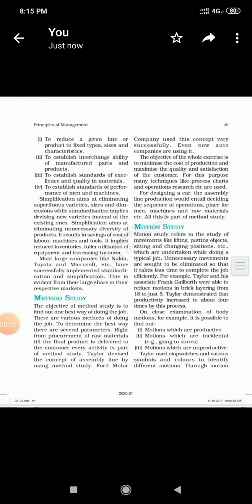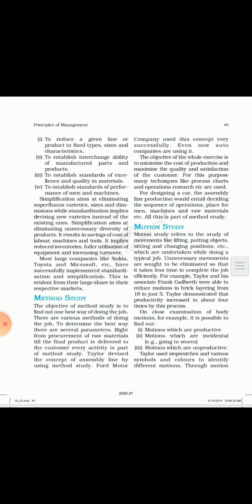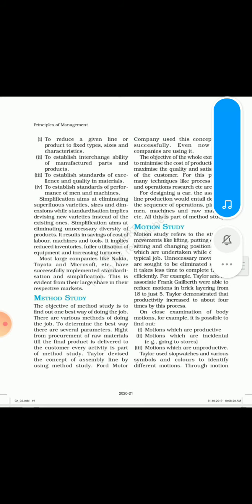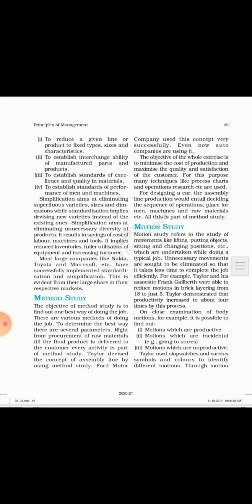Good morning, students. Today we are going to start the fourth technique given by F.W. Taylor, that is method study. The method study technique of scientific management is conducted to find out the one best method or way of production or performing the job, which keeps production cost minimized and makes maximum use of the resources of the organization.